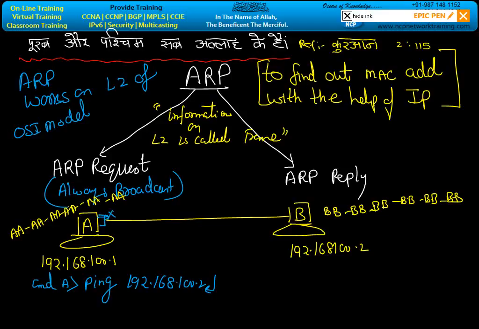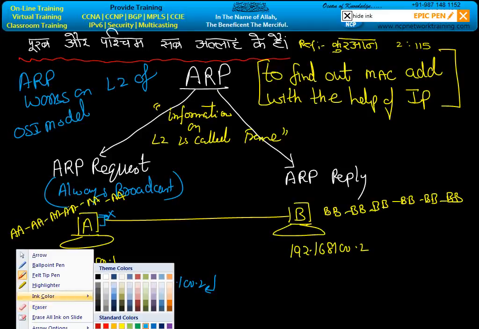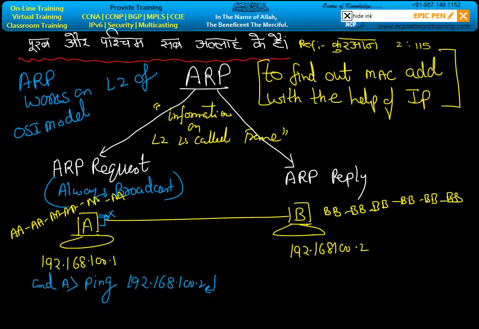until machine A knows the MAC address of B, because you cannot deliver anything to a remote location. You are delivering the information, and you don't send it to the remote location until you know the physical location of machine B. That's why this machine will suspend your request, and the first information that will exit from this machine is